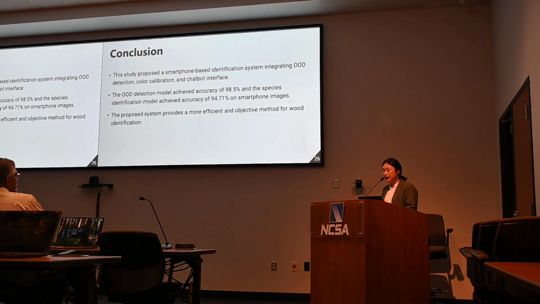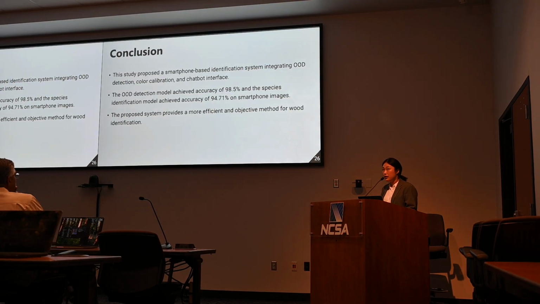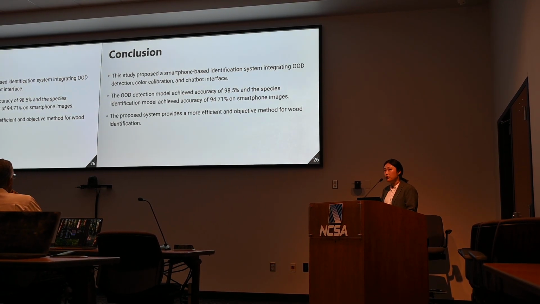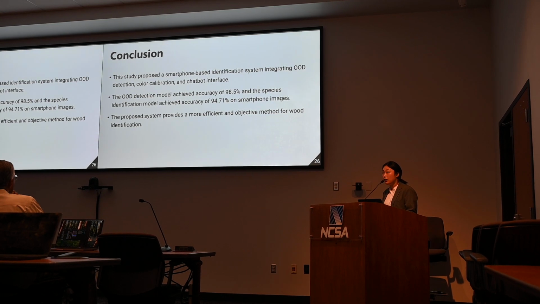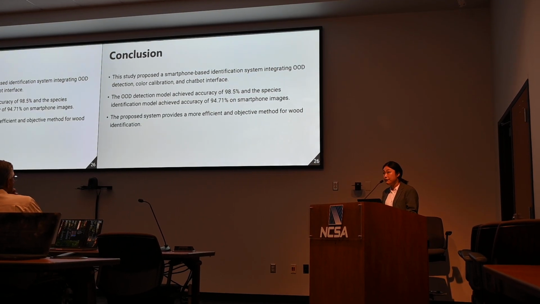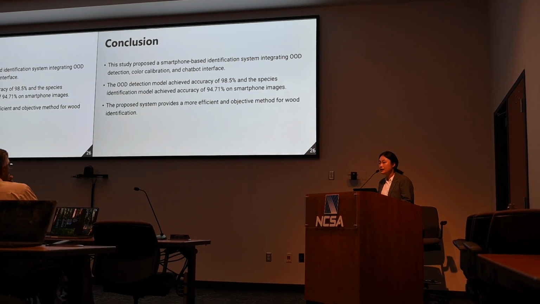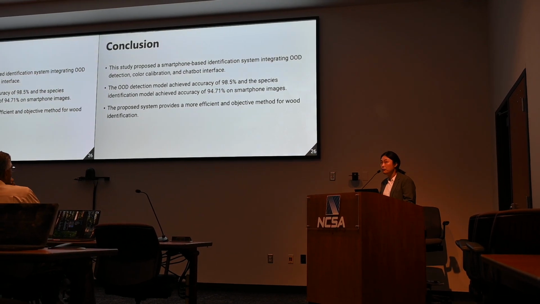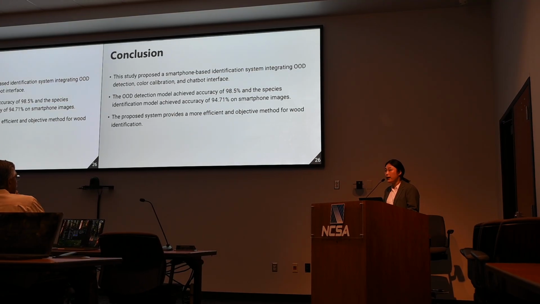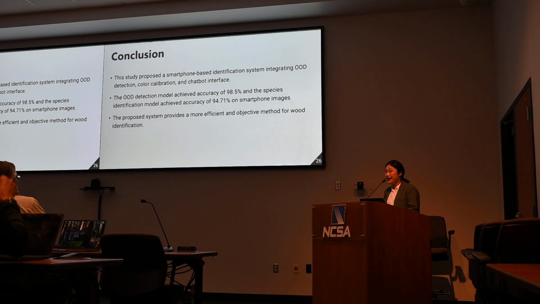To sum up, this study proposed a smartphone-based wood identification system integrating OD detection, color calibration, and a Chatbot interface. The OD detection model achieved accuracy of 98.5%, and the species identification model achieved 94.71% on smartphone images. And we hope the proposed system provides a more efficient and objective method for Taiwan's wood